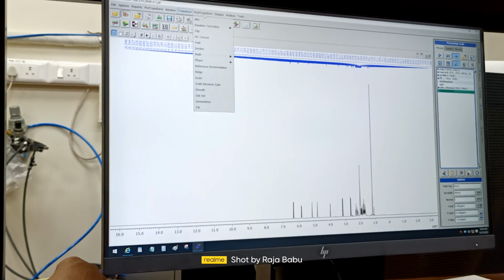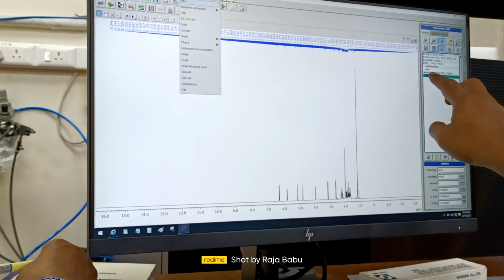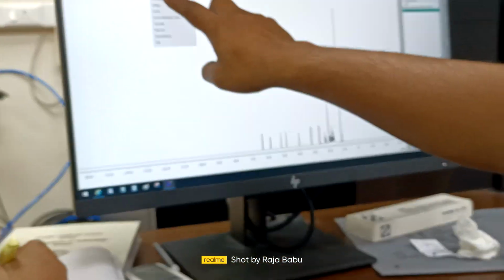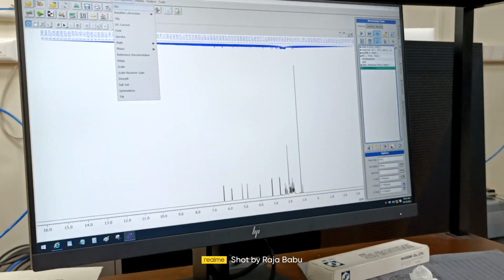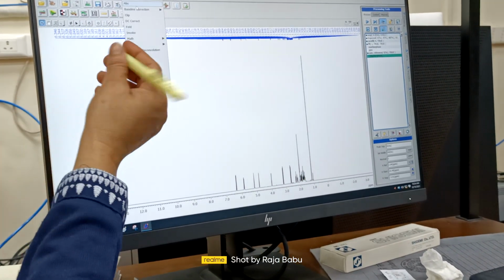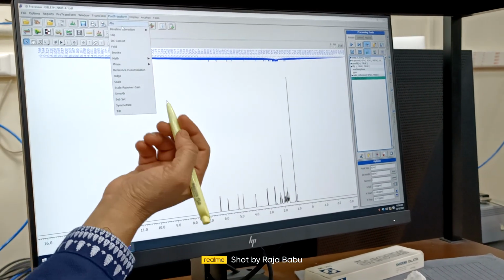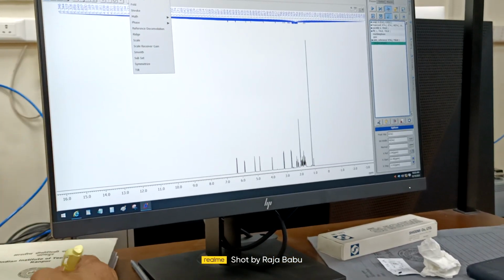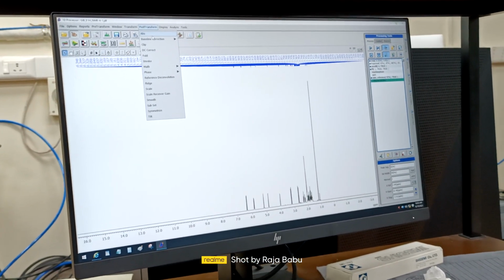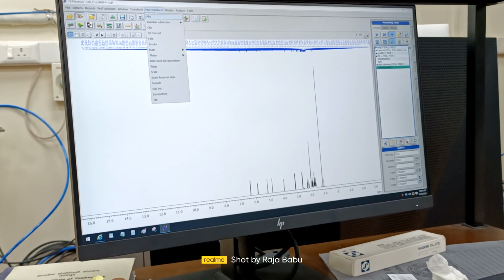Okay, so an important thing is, when you do baseline correction, it has to be after FFT. That I want to explain to you guys. Or if you want DC correction or referencing, everything has to be after the FFT. You can write this down. Baseline correction, and what else is there, referencing, all are after FFT. Referencing and next is DC correction. So these are all after-FFT functions.